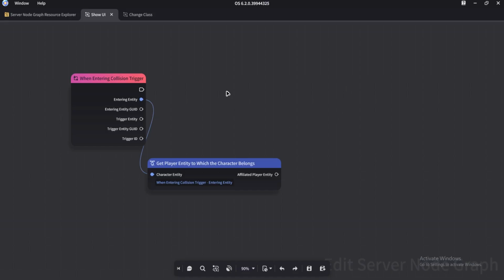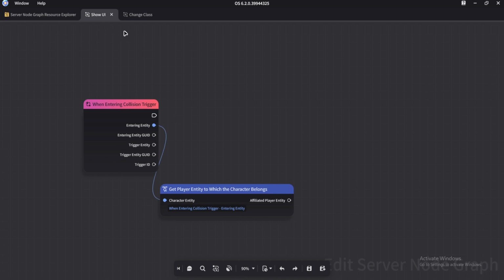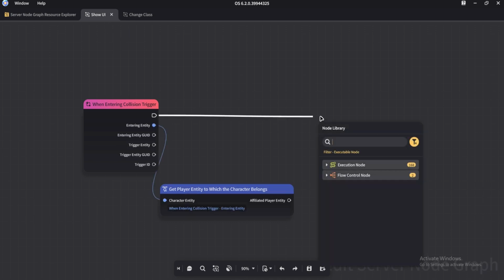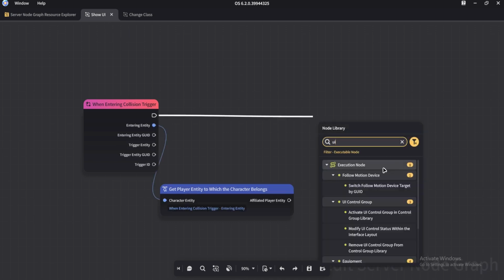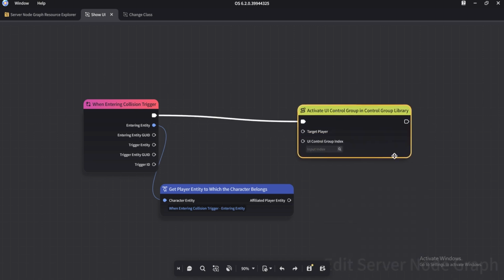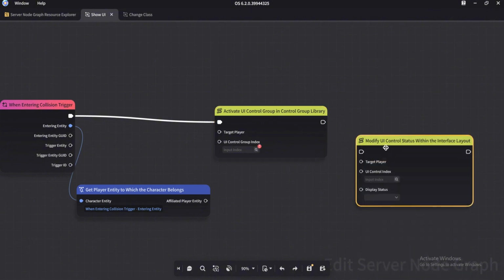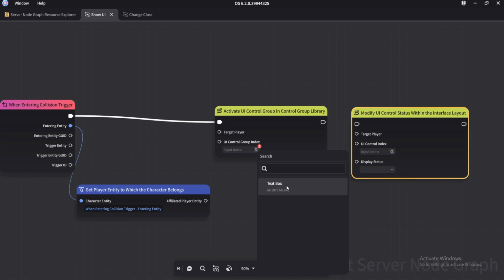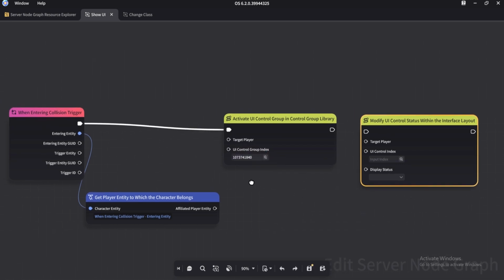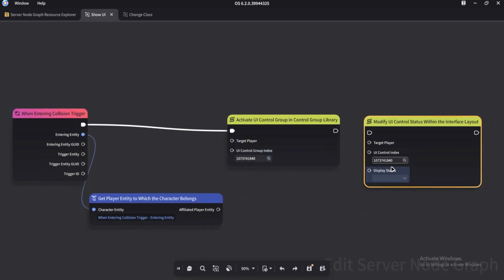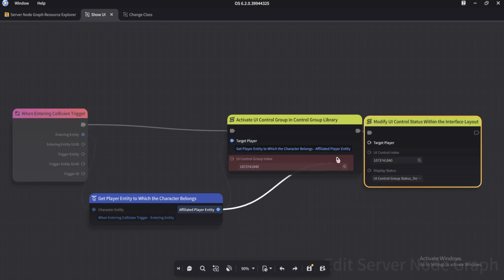So now in the show UI node graph, we have to add two things: the activate UI control group and control group library, and the modify UI. And so we have to get this ID here, copy this and paste this in here, and we want the status to be on. Make sure to apply the player,